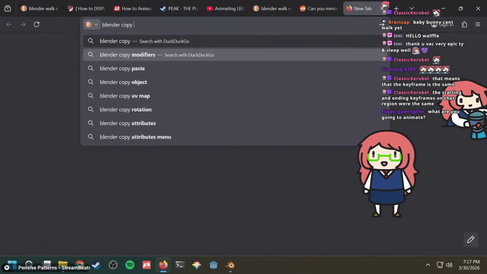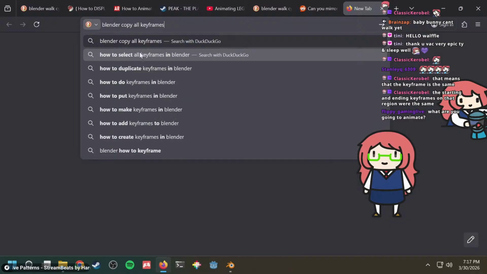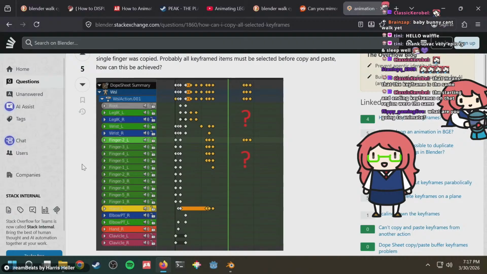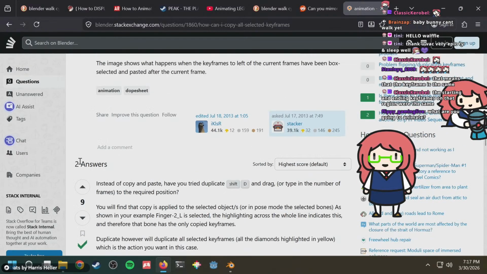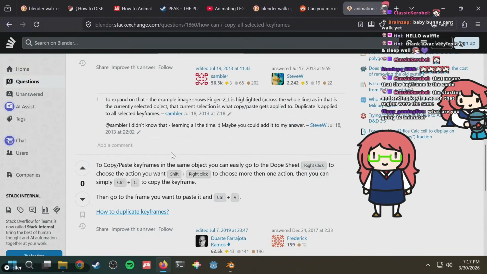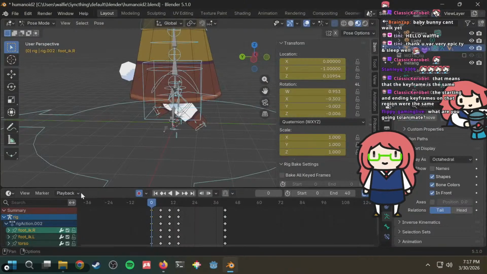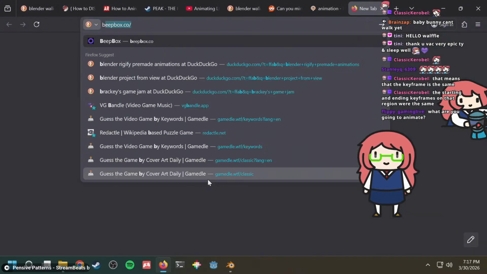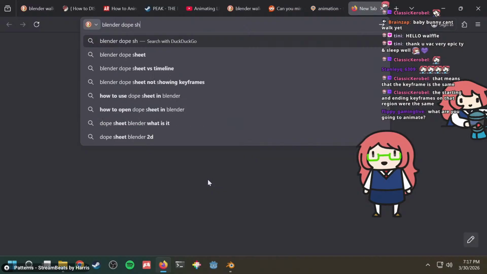Blender, copy all keyframes. All selected keyframes. Have you tried duplicate and drag? You have to go to the dope sheet. What is the dope sheet? How do I access the dope sheet? Blender dope sheet.